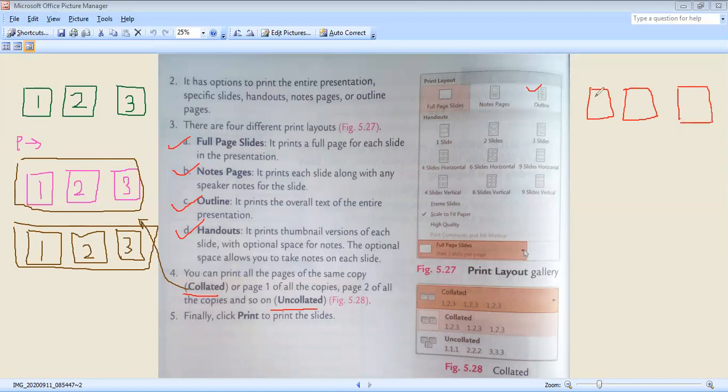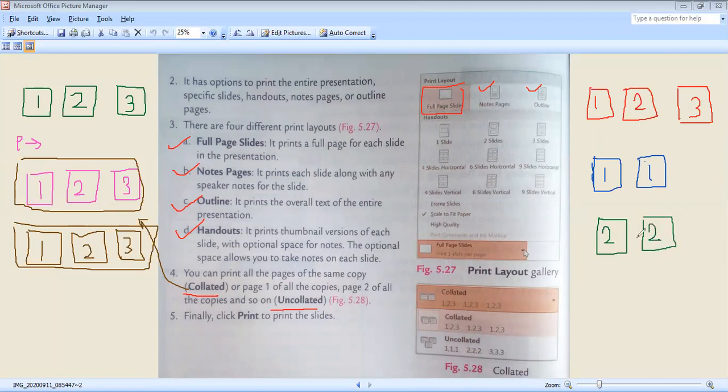If we want 2 copies, first we will get 2 copies of slide 1, then we will get 2 copies of slide 2, and finally 2 copies of slide 3.